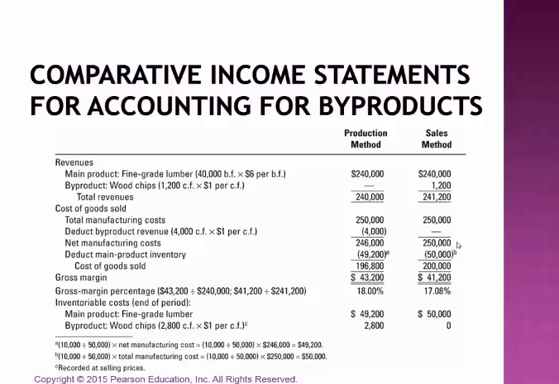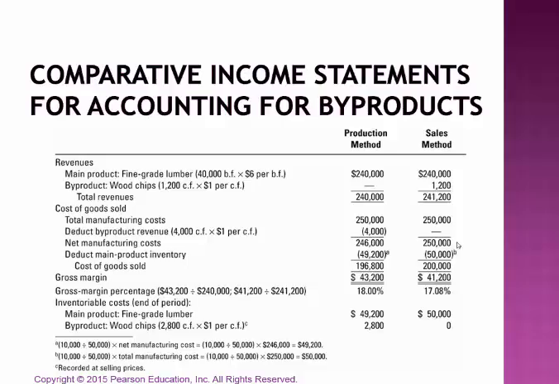$49,200 for the main product inventory is going to the balance sheet for the production method, but under the sales method, we've got cost of goods sold at $200,000 with $50,000 going to the balance sheet for the fine grade lumber. Therefore, once we've done that, we can subtract our cost of goods sold from our revenues to get our gross margin. Notice that we've got quite a bit of a difference under the two methods. We've got $43,200 or 18% under the production method, but under the sales method, we've got $41,200 and a gross margin of